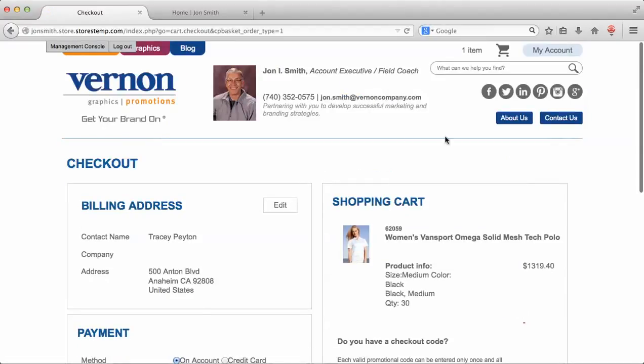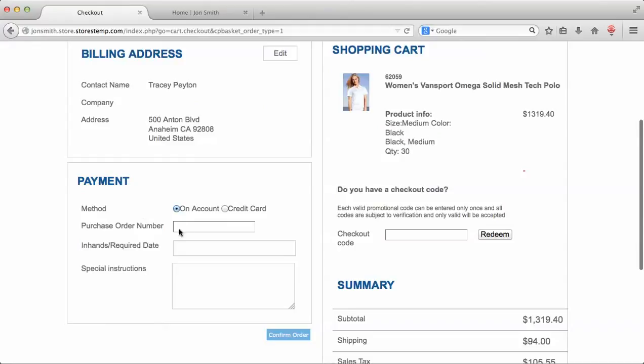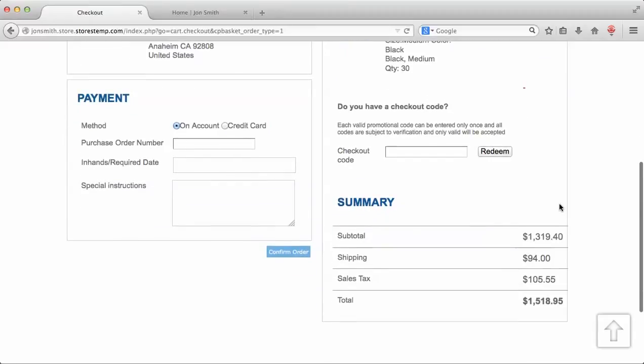Okay, so what you'll see here in the checkout is this billing information that's being pulled through. This is where you can select the payment. So I'm just going to leave it on account, but you could select credit card and put in your information, as well as any special instructions that your customer might have. Along the right, you'll have the item and the price, as well as the ability to put in a checkout code if you were offering a coupon for that particular product or shipping. And you can see the summary, the total there. Once I confirm the order,